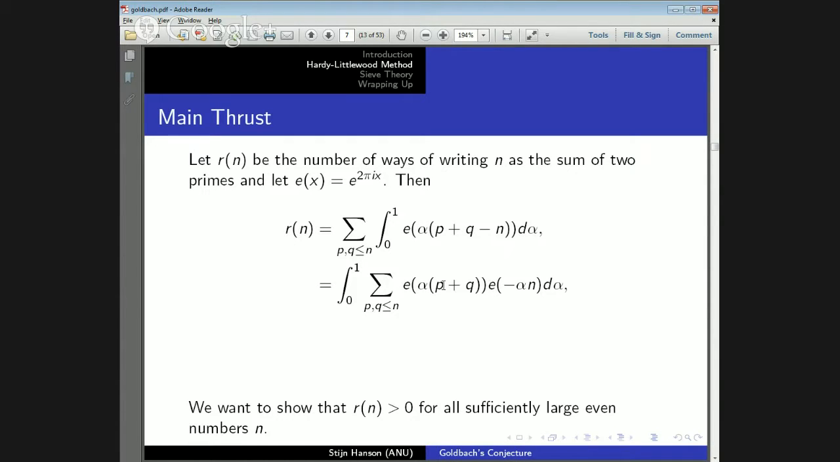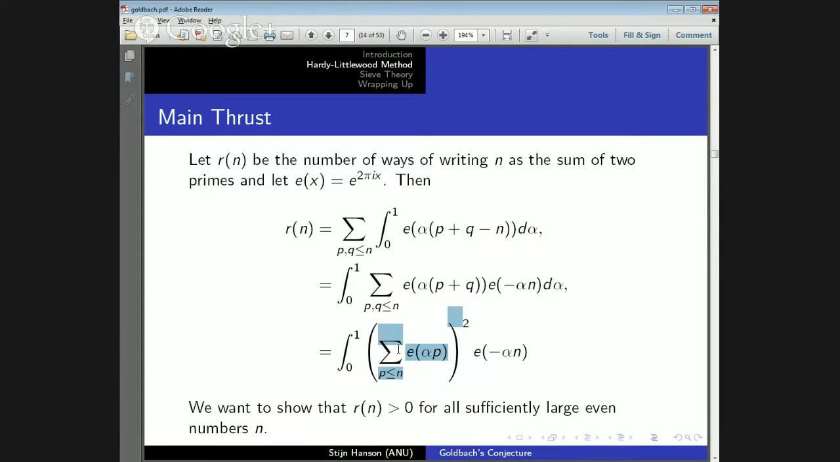And then by splitting up this e of alpha times p plus q into e of alpha p, e of alpha q, we can write it as the square of this sum here. Now, this bit here, this e of minus alpha n, is nice and easy to work with. However, this sum in here is a bit trickier to work with, and that's a lot of the focus of